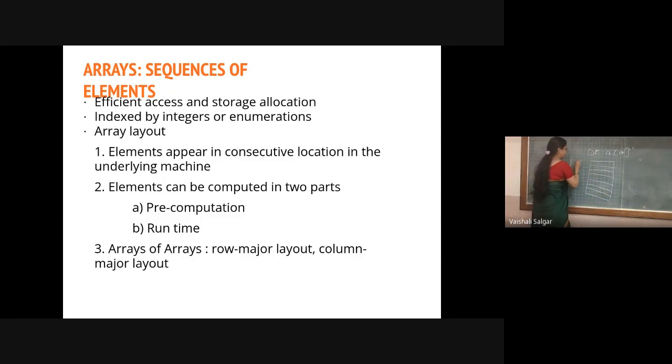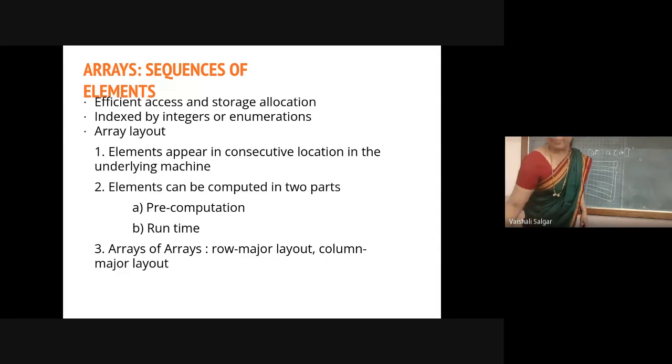If my memory address starts at 4000, the first element will take 2 bytes, so the next element will start from 4002, and so on. It will allocate consecutive memory locations for the array. So int A of 10 indicates my array is of size 10 and its data type is integer. So 10 into 2.